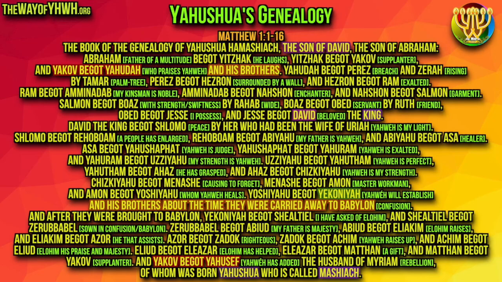Then he says, my kinsman is noble, an enchanter in a garment. A garment makes reference to the body that we will get in the transformation, in the resurrection. Then he says, my kinsman is noble, an enchanter. This is interesting because enchanters would use their enchantments to be able to control serpents. So if the last, as the prodigal son, brother of the firstborn who never committed any sin, Yahushua the Messiah, then if the last is the king who is coming to destroy the serpent, it is interesting that he has the ability to control it. If we were to take those first words, since we already saw that it's talking about the second